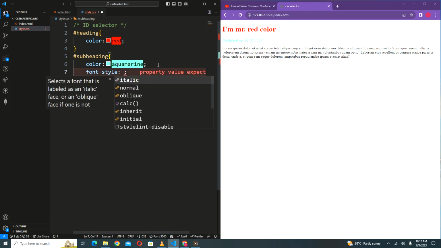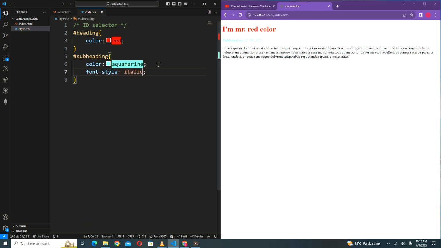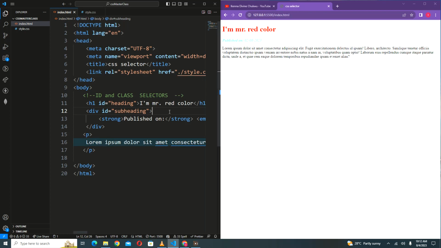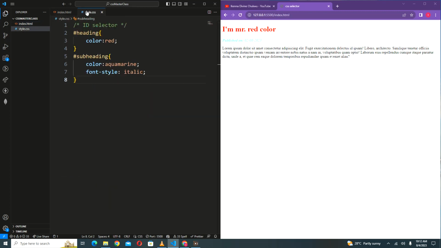Font style of italic. All right, just for fun. So now the next thing, this is how you define an ID selector. Now let's define class selectors. All right, so I can do class. A class selector, you give it an attribute of class and then give it the name of the class, content. So I'm going to give a comment,